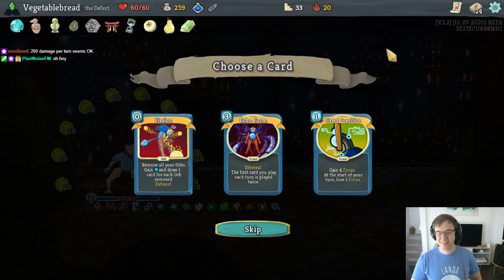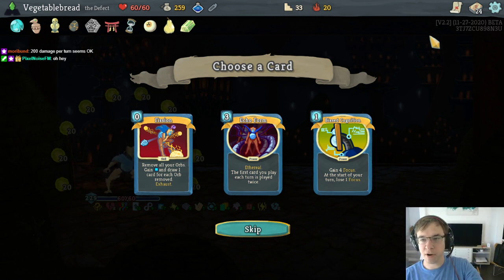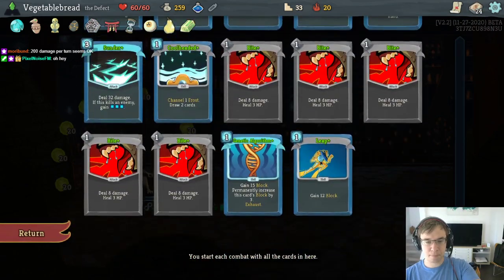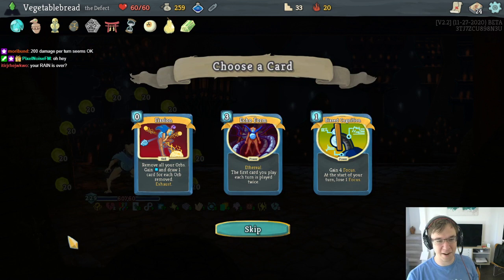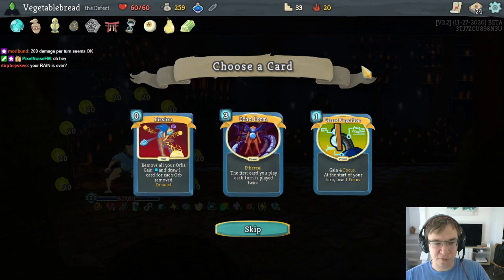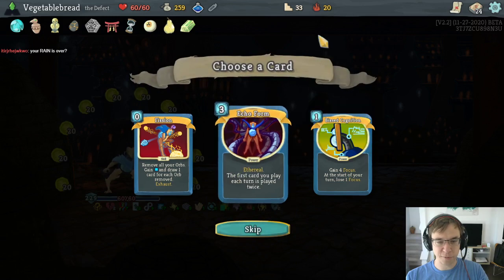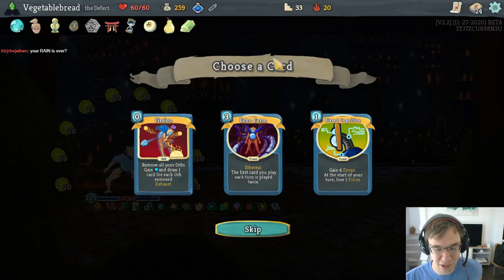Okay. Echo Form seems good, so is Bioscog. Echo Form would help us proc the genetic algorithm in the deck. So we could set that up more reliably. Your reign is over. The storm has begun. Fission also helps set stuff up. Seems like Echo Form's way better, though. I kind of wish there was just a defrag here. Obviously, you can't get a defrag in a boss card reward, but...